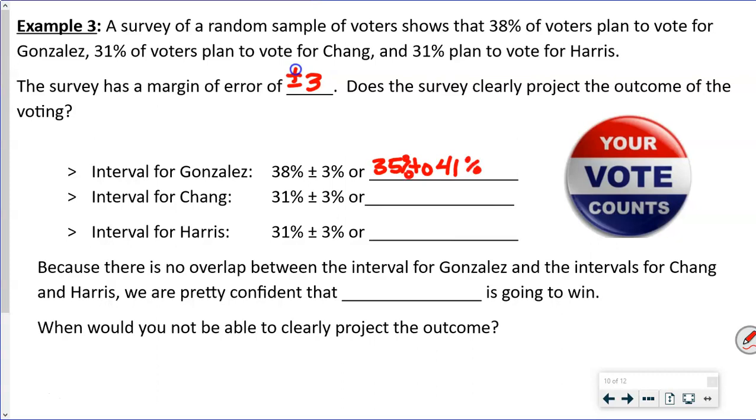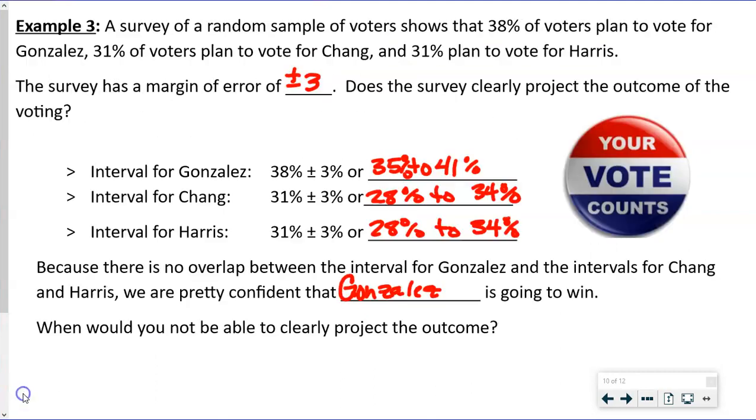And we can put percent there too. Down here, we're going to get 28% to 34%. And again, we're going to get the same thing, 28% to 34%. So because there's no overlap in the interval between the interval of Gonzalez and the intervals of Chang and Harris, we are pretty confident that Gonzalez